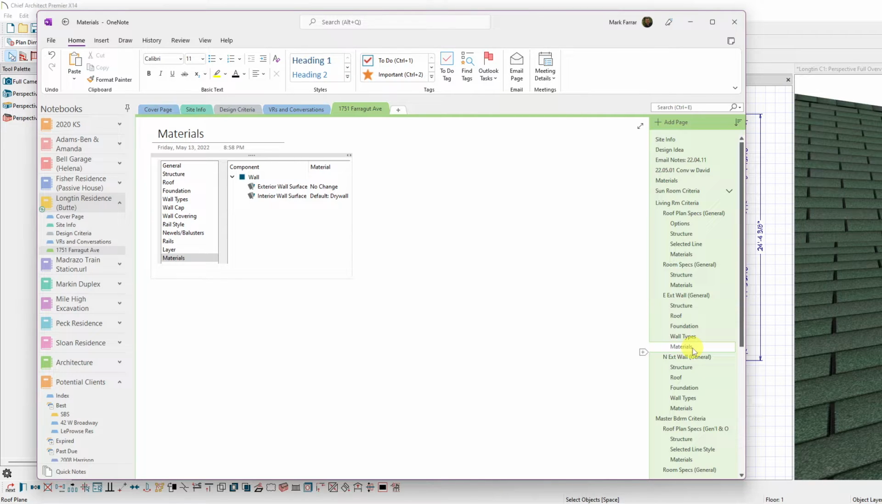Materials. And I don't know. My music was too loud. I hope not. So